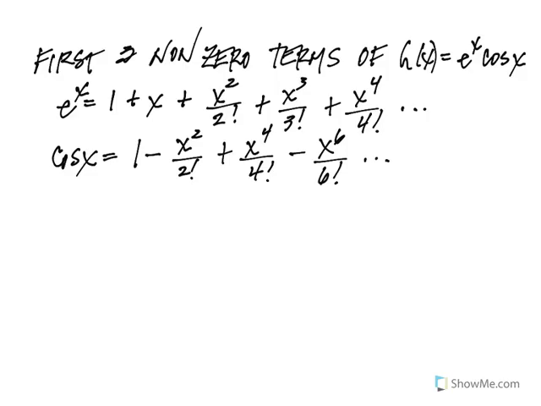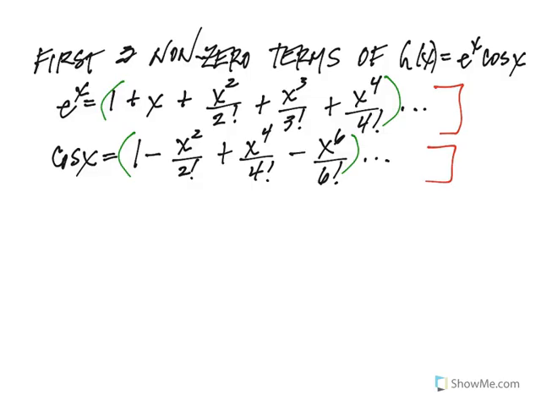If I'm looking for the first three non-zero terms of the product of e to the x and cosine of x, now I believe it is far easier to work with the first few finite terms of each one of these strings rather than use the summation notation because you can kind of visualize what's happening here. So here's what we're going to do. If I took these infinite power series sums and I started multiplying them out, or even if I just limited e to the x to the fourth power and cosine of x to the sixth power, and I just took what's listed here in parentheses in green, what I would need to do is begin to box these out